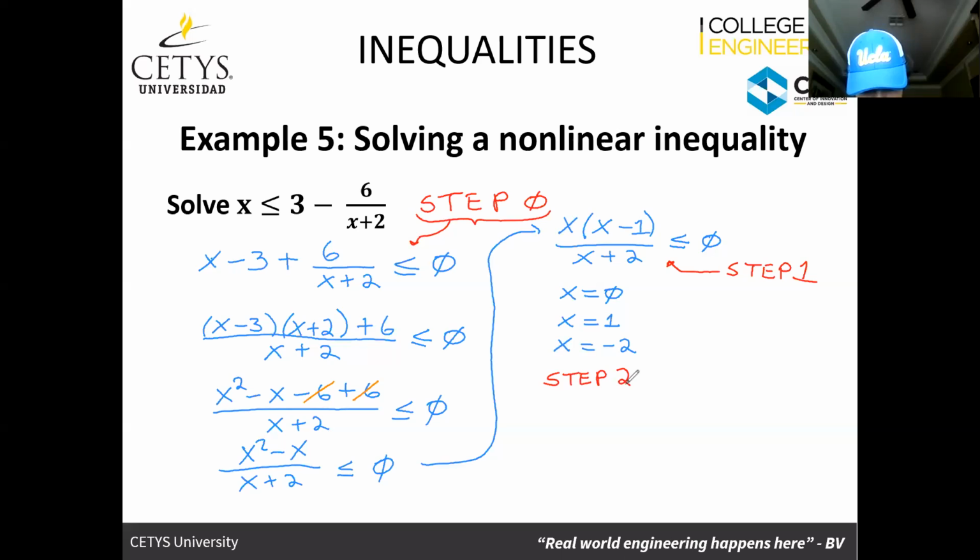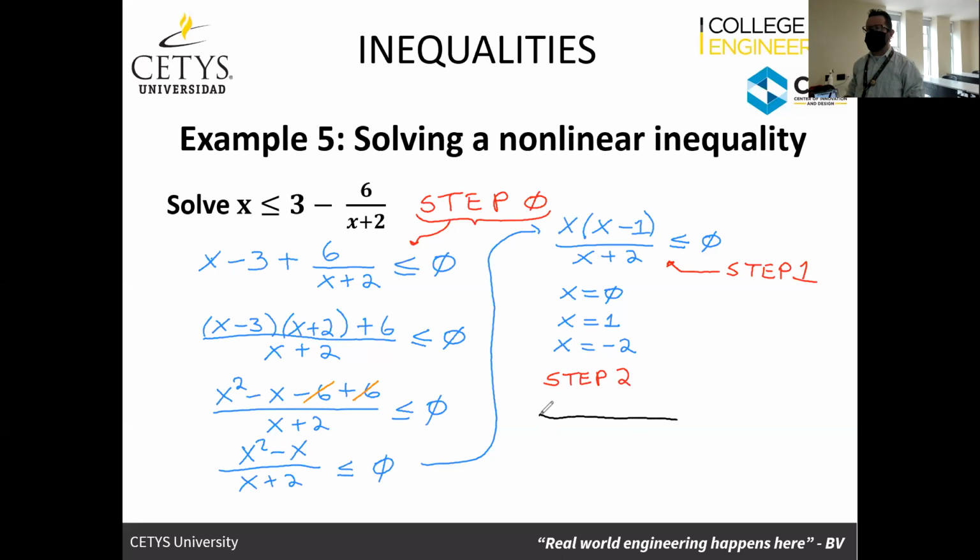You have the 0, the 1, and the -2. The important thing is to identify the roots. Was that clear? Yes, thank you. Okay, perfect. And so now step 2 is to identify the ranges. We've got the 0, the 1, and the -2. If we identify the ranges for this inequality, we're going to have